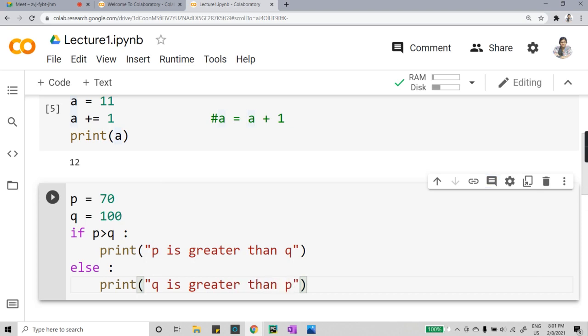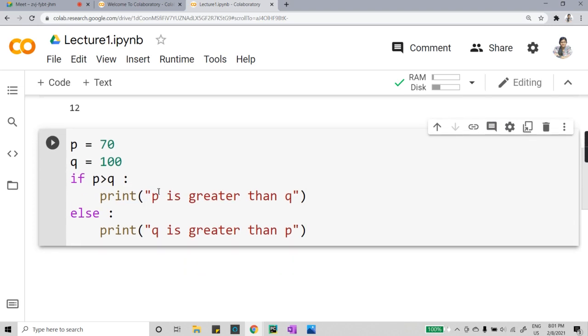Here I have used if else conditions and also a comparison operator. So this was a simple program using the if else condition and the comparison operator.